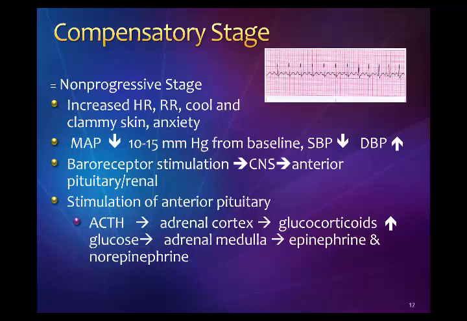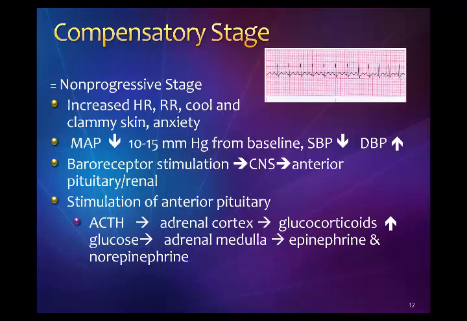So there's two names for this one. So non-progressive or compensatory. So the word compensatory I like better because it tells you exactly what's going on. So now we're reaching out to our anterior and posterior pituitary for some compensations and hoping, and our kidneys, our adrenal cortex. So we want a lot of help from a lot of our neuroendocrine processes to reverse the shock. So first of all, let's talk about what you expect in the compensatory